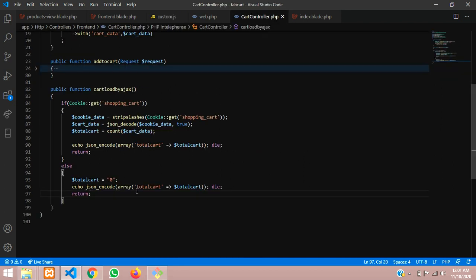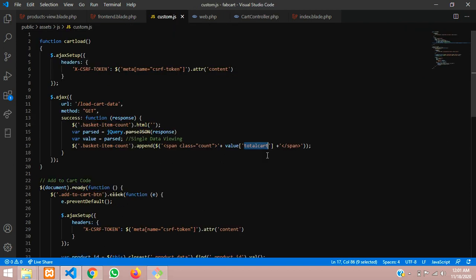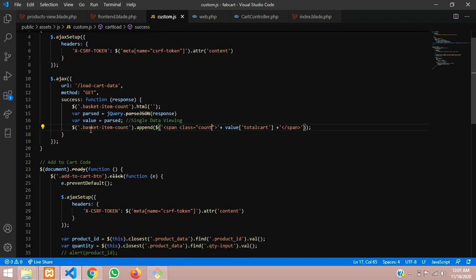So this variable total cart you are calling over here. That variable you are storing somewhere else in some other format. Done. So now this is the basket item count. In this variable you are appending this data. So now, where is this count?